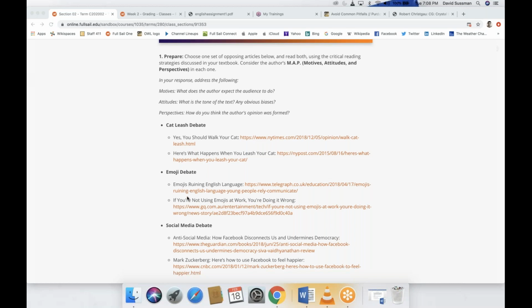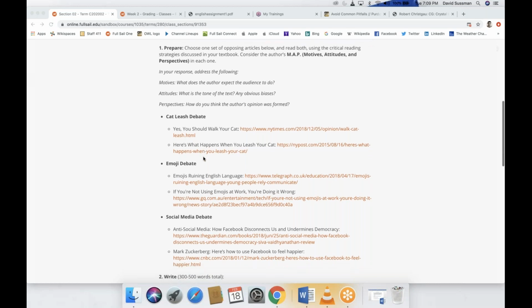So don't do that. The other problem I see is that people think that from this point forward, you're working with these articles. No, this is just for this assignment. You're reading these articles just for this assignment and nothing else, to prepare you to return to the 2 articles you've been working with. So if you chose the video game articles or the Jay-Z articles or the Netflix articles, those are the ones that you're dealing with all month.